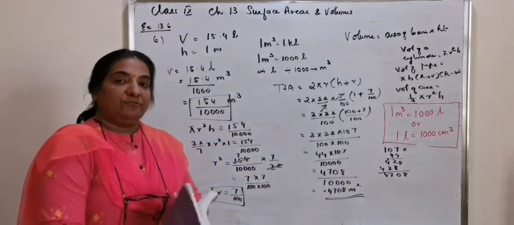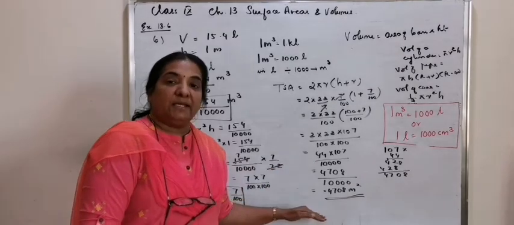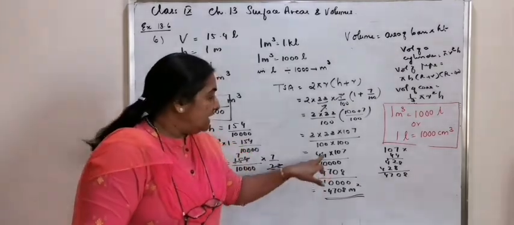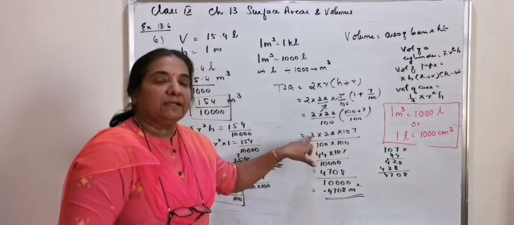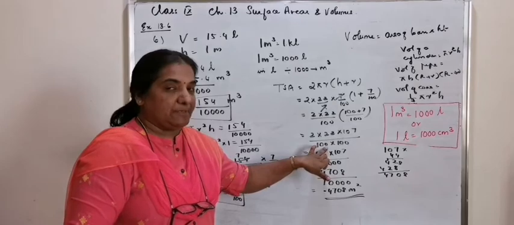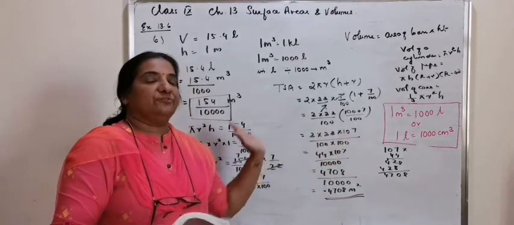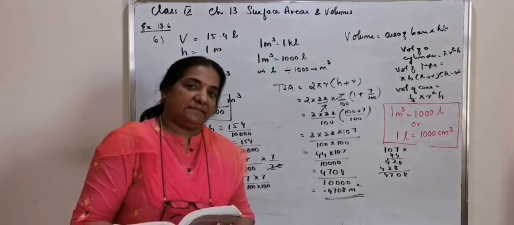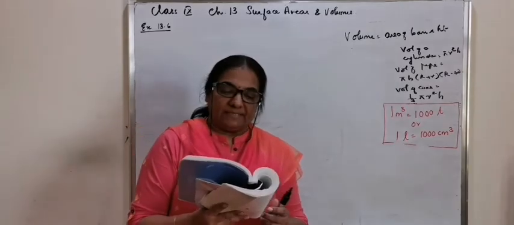The calculation, if you simplify it in this way, will be easy, because instead of cancelling it and multiplying and dividing it, when you get the denominator with the multiples of 10, leave it as such for shifting the decimal places. Question number 7.